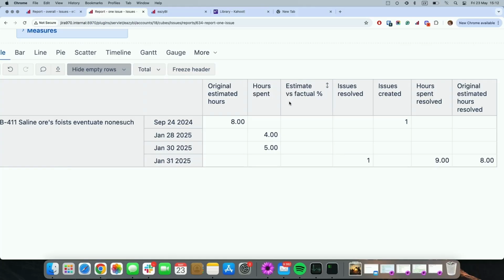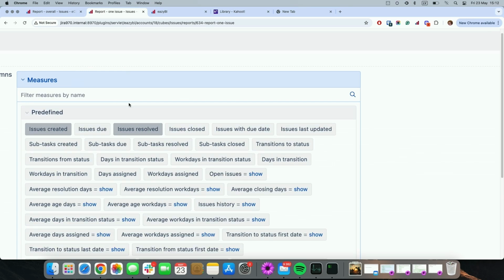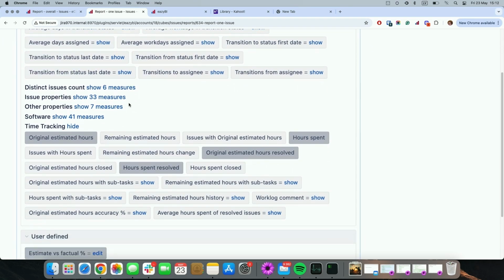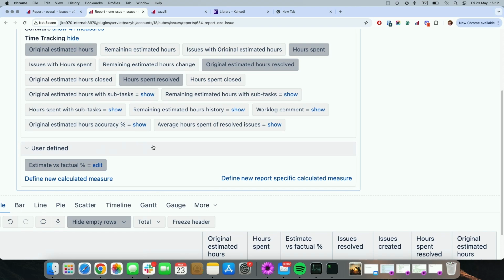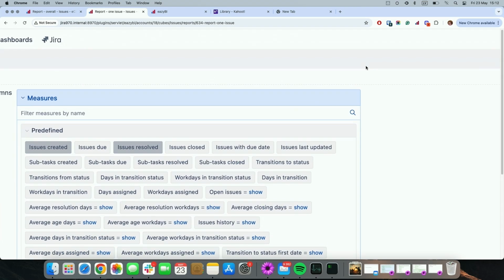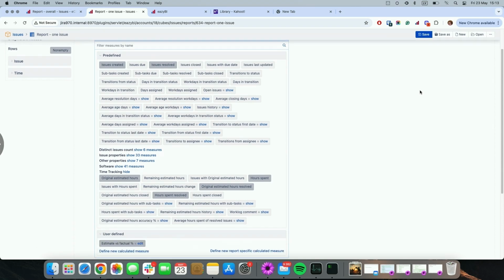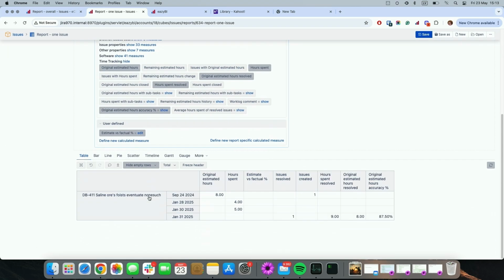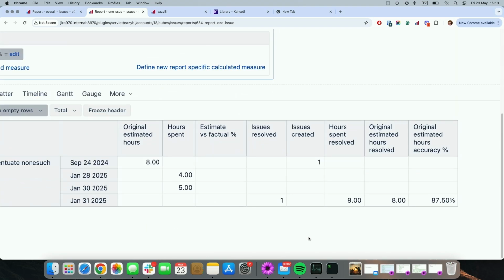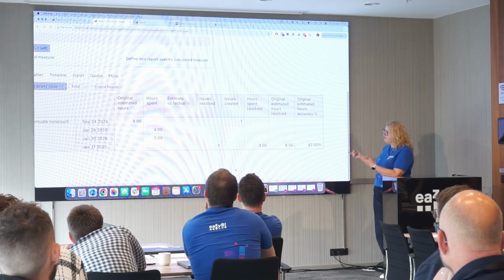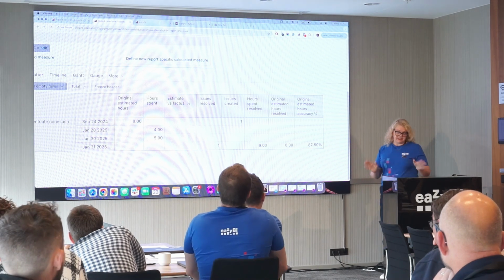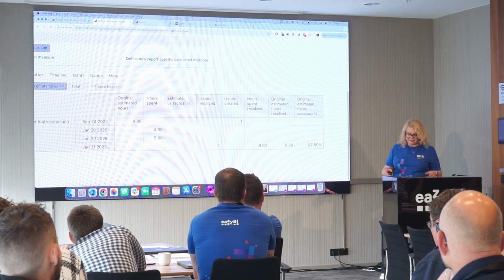So we can even do the estimation, logged hours versus estimated hours, and we do not even need to write a new custom calculation because we have a pre-calculated metric, which I actually noticed only 2 days ago when I started to create this presentation. And I see that right now, for this particular issue, the accuracy is pretty okay within my estimated range.